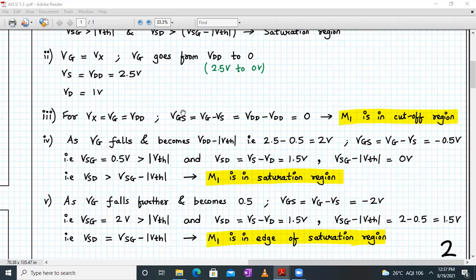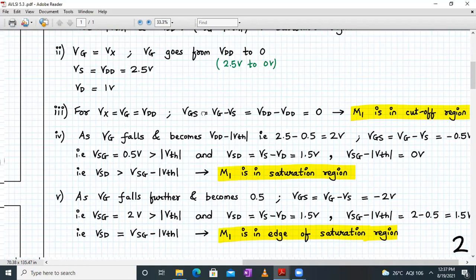It can go to one particular case wherein we can have the value of VG, which we have considered to be 2 volt. So between 2.5 and 2 volt, if you want to try this condition, you can check it out. But as of now, these are the regions of operation for the PMOS device as per the given data. Any doubts in this? No, sir. Okay, so we will proceed ahead.